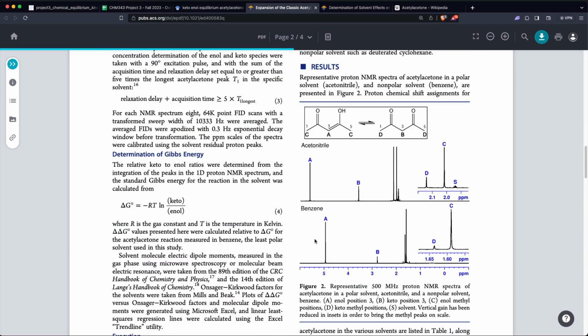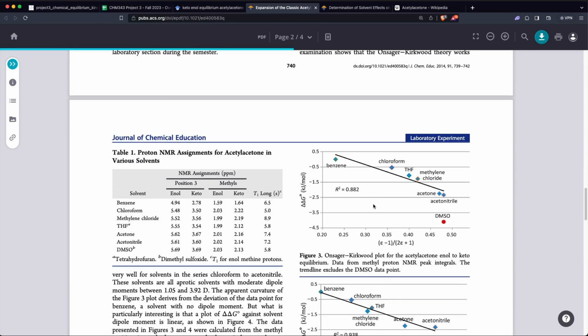And you'll see NMR, proton NMR, where you can assign the ketone and enol resonances and then therefore get the concentration of each to give you an